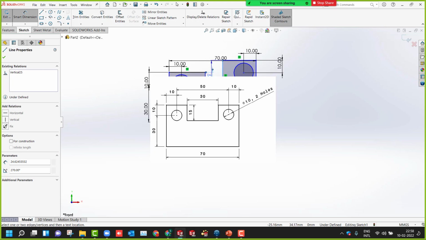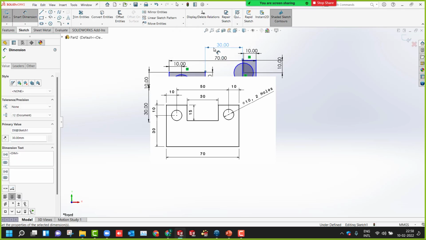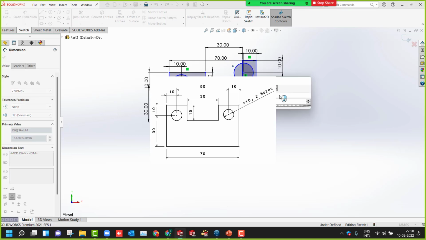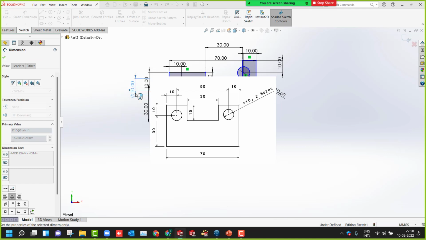And then what is remaining? What about this between these two? This radius 10. This should be 30, no? Yes, it should be 30. Yeah, but I think still somewhere we are missing. So what about the diameter? It is 10, no? Diameter 10. Yeah, the diameter you defined here, as well as for this it is 10.